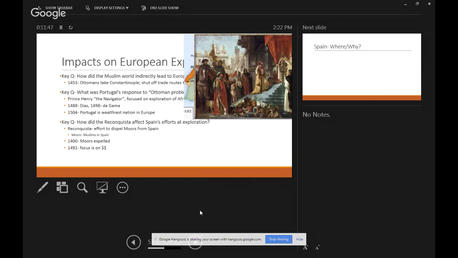He sails 3 ships over here. Anybody remember the names of those 3 ships? There you go. Nina, Pinta, Santa Maria. Sails them over here. Makes landfall. He's convinced he's in India. So everybody he meets, he calls an Indian. Obviously, he's not there. And, you know, after a while, he comes to that realization himself. Hey, this probably isn't India. So he claims it for Spain. You got to love this. Literally, you just take a Spanish flag and throw it into the ground and say, "This is Spain's."